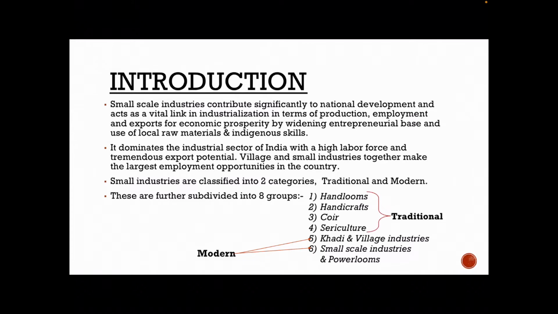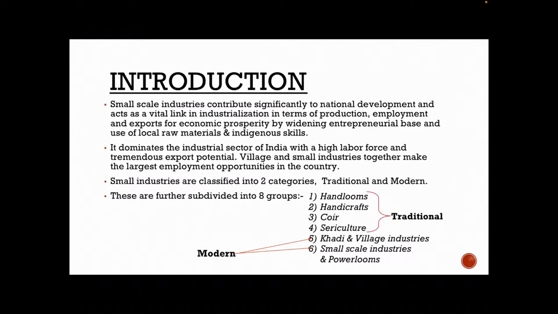Now, small industries are classified into two categories. The two categories are traditional and modern. It's further subdivided into 8 groups. 4 of these are traditional, 4 of these are modern. What modern and traditional means is traditional uses more labor and the old technology, more aged,